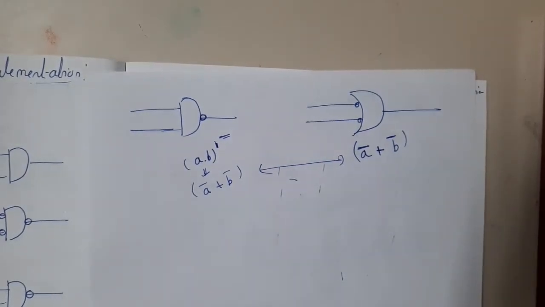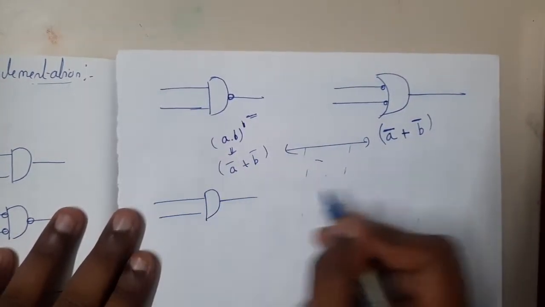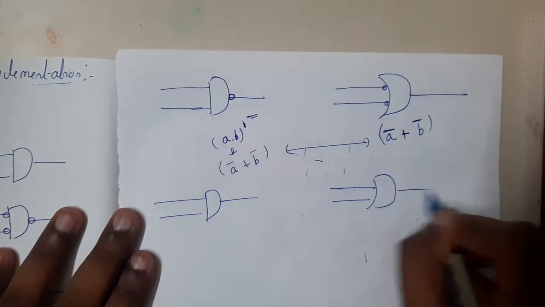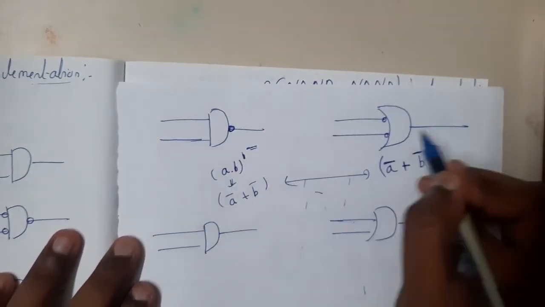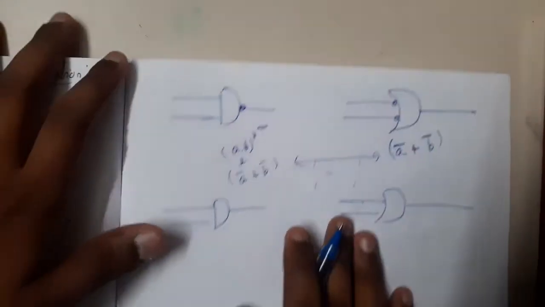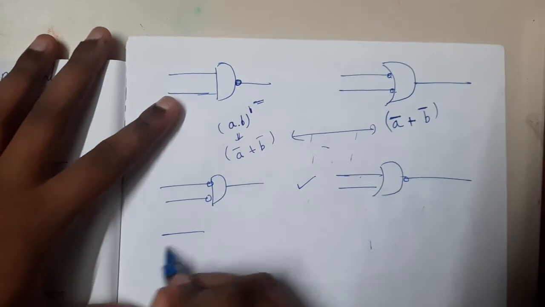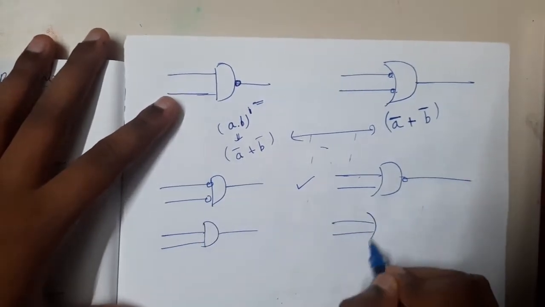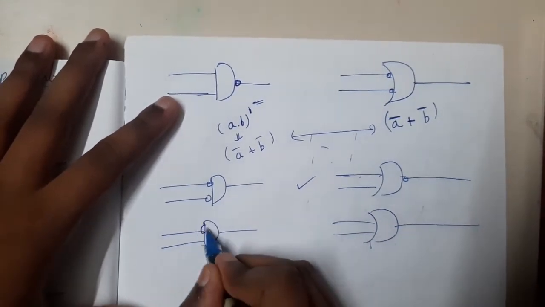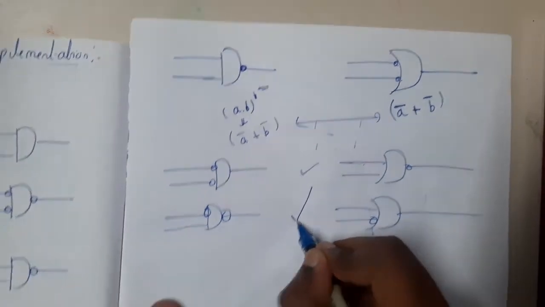Yes. So the first thing that you should observe here is, whenever I am drawing this bubble, I am following some kind of method, guys. Here I wrote a bubble, but I did not write a bubble here. In the other two places I wrote. Then you will find that these two will also be equal. Someone might be thinking, I'll keep one bubble here, one here, and one here. That's also true. They will also match.